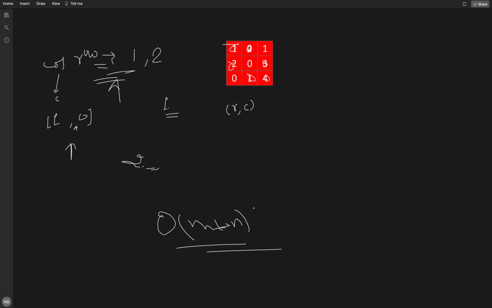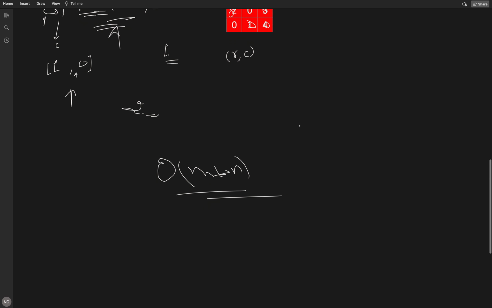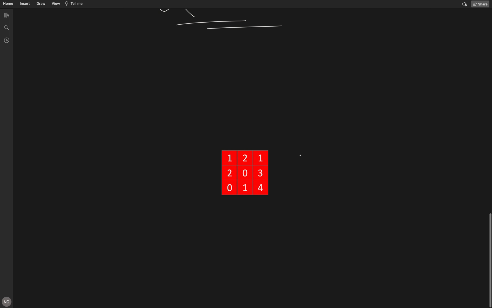It's not easy to guess this, but as you can see here, we are using the row and column vectors. Can we use the first row or first column, or any row or column, to store this 0? Let me draw another clean matrix here.